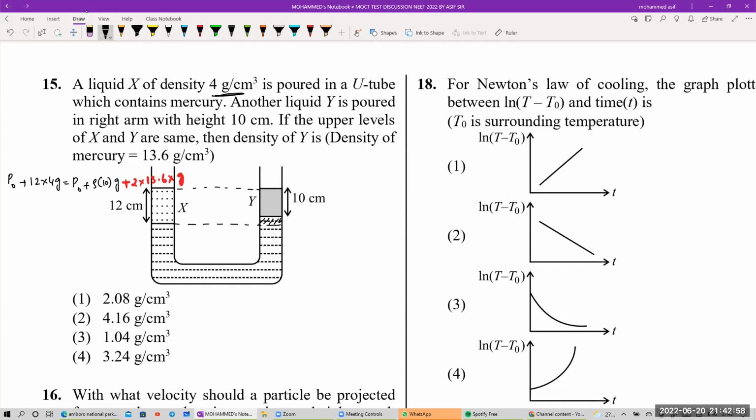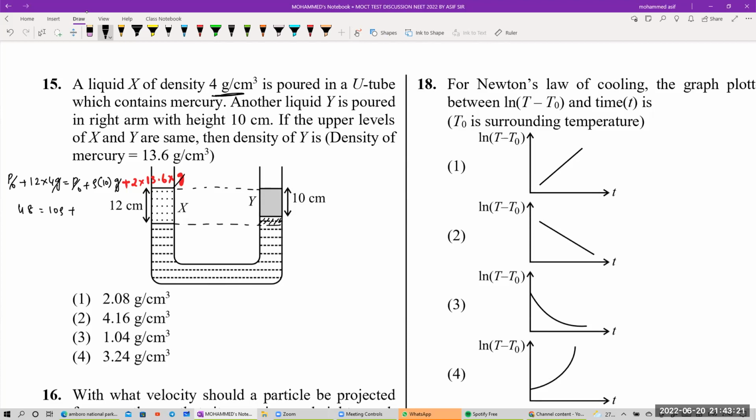कितना आ रहा बेटा? P naught यहाँ पर cancel हो जाएगा right now, तो अपने को निकालना क्या है, density of Y। Density of Y को मैं ρ लिया, 12 into 4 is right now for me 48। यहाँ पर भी ये g और ये g और ये g भी चले जाएगा। 12 into 4 is 48, this will be equal to 10 into ρ plus ये हो जाएगा 12 into 13.6,